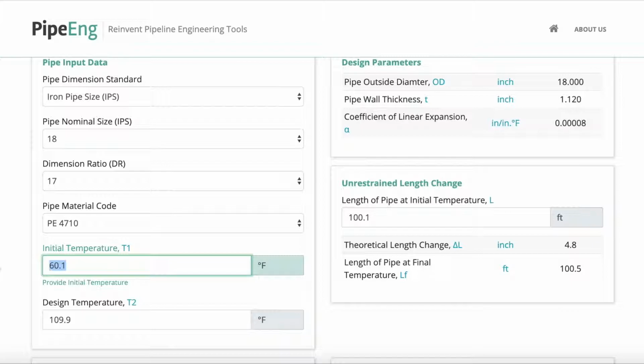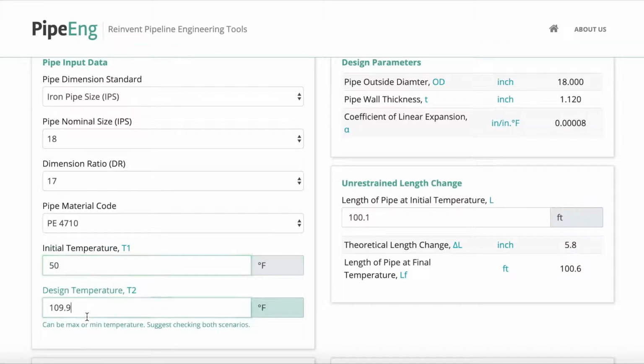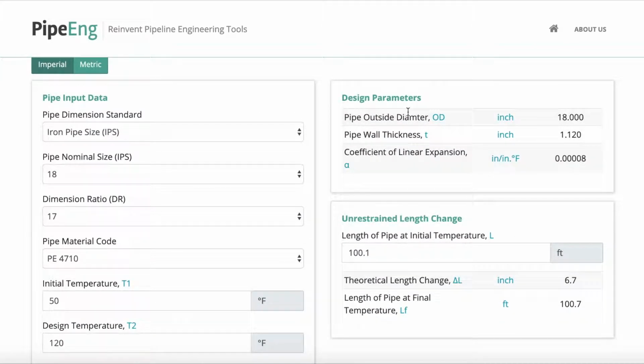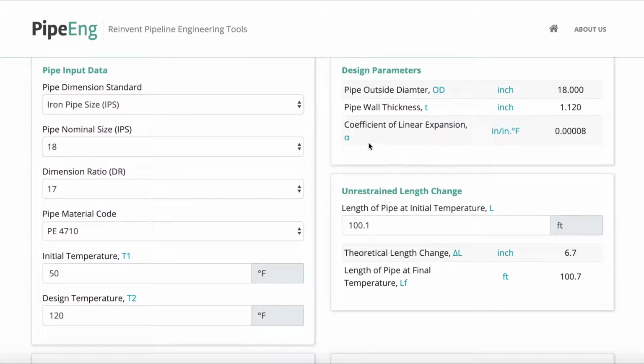Installation temperature, let's say we install on a relatively cold day, 50 Fahrenheit, and the design temperature of this pipeline can go to 120. So that's pretty much all we need for the pipe input, and you can double check the pipe parameters here. What's the OD, what's the wall thickness, and the coefficient of linear expansion, which is used to calculate the length change in the section below, is a typical value recommended by the Handbook of PE